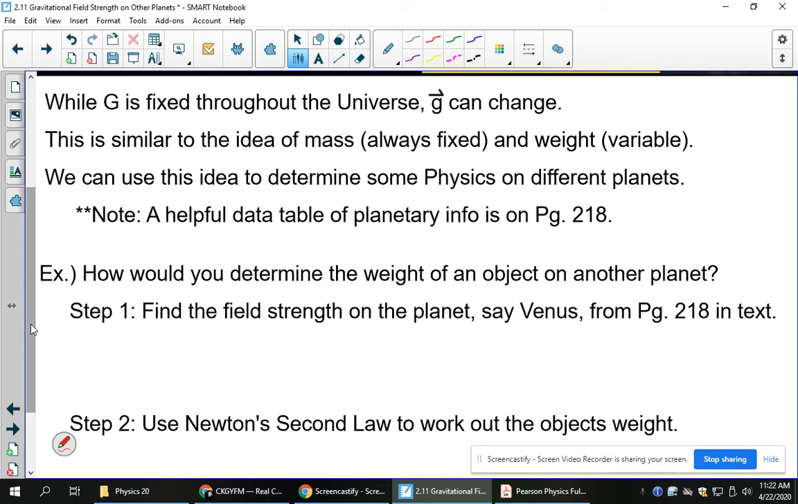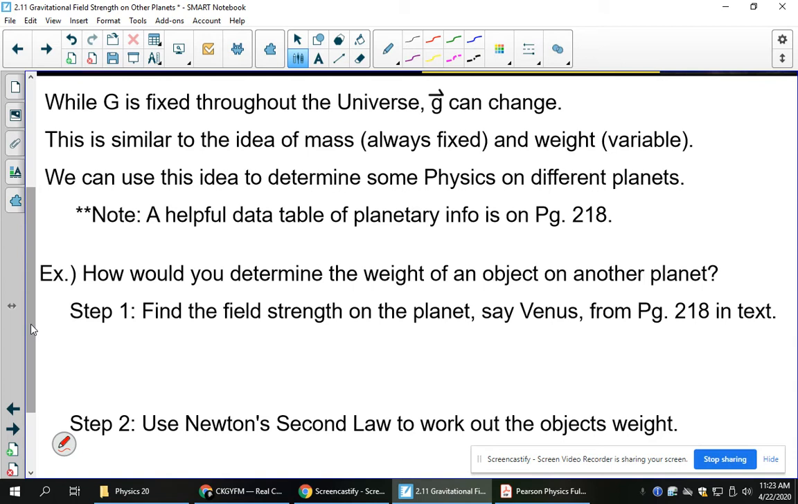This is confusing because we use the word weight in everyday English incorrectly. We use it to mean mass, but what we actually are talking about is the force of gravity when we say weight in physics. We can use this idea to determine some physics on different planets now. So this takes a little bit of adjusting because you're used to using 9.81 for acceleration due to gravity on Earth. But remember, that's an average at sea level, and it changes even on Earth. The acceleration due to gravity or the gravitational field strength can change depending on your altitude and even your latitude,